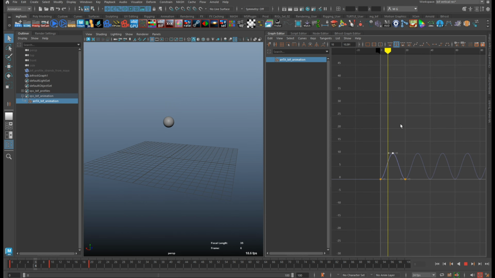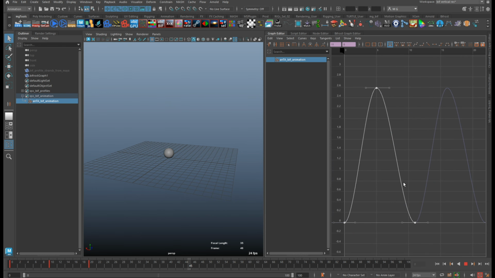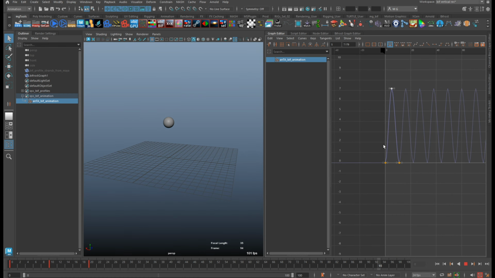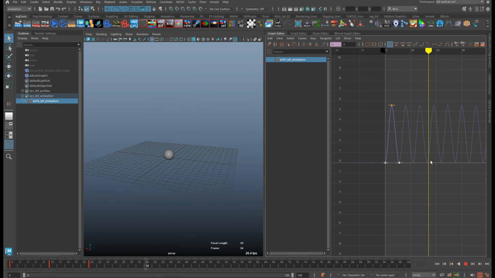If we modify these keys as well, whatever it is, if we modify the timing or the spacing or the value, it's going to keep doing the same. So that is the way how we can use this to animate